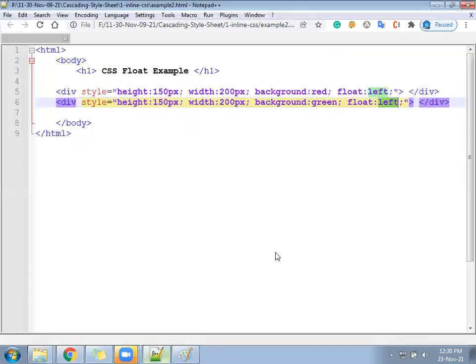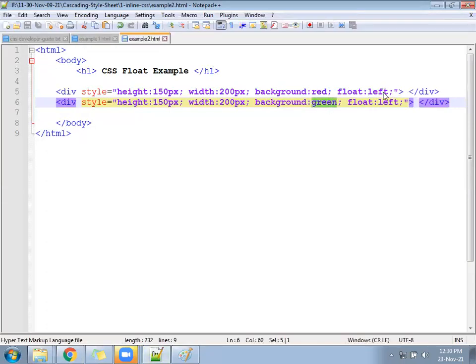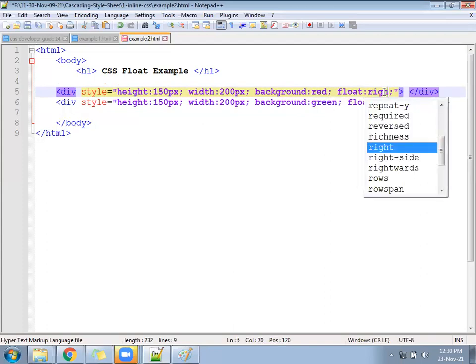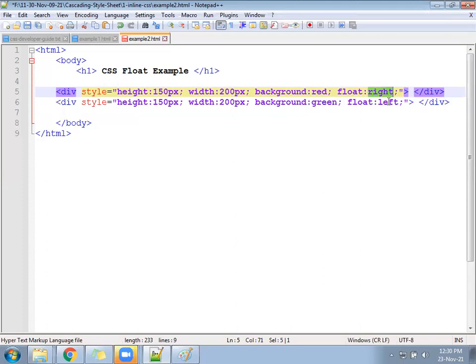The first one is the red color. So red is first, second is the green. In case you want to print the content from the right side, or rearrange the content from the right side, you will follow the value called right. Instead of float left, you will use right. Float left, float right. Save this and check once. For both you write right. For both you keep float right. For both you keep float left. And then see how is the direction.